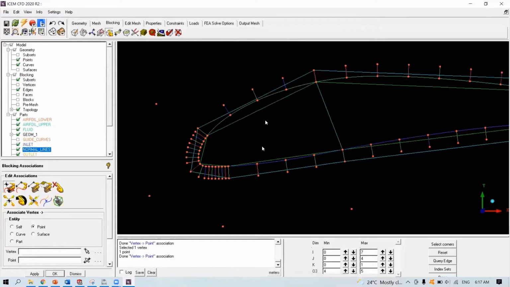I don't want to design too many guide curves. I need a lot of normal lines, but I don't need a lot of guide curves. So the idea is that I'm just going to split on the first shell, and I don't need to do a lot of clicking and associating for lots of guide curves. So this is the reason why I need to hide all the other blocks and only show these blocks here.